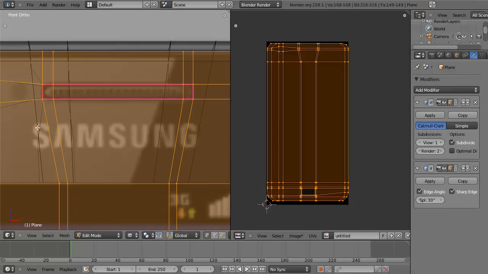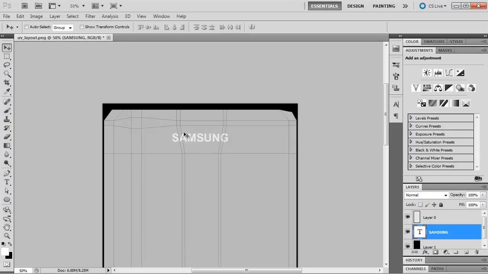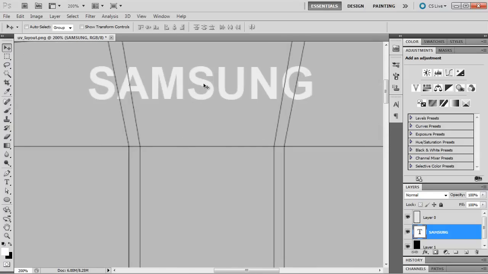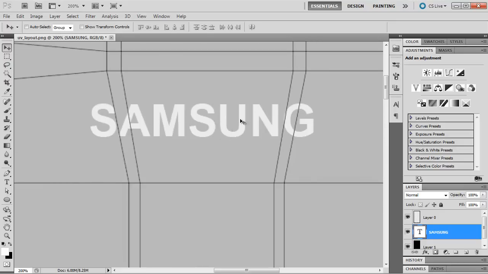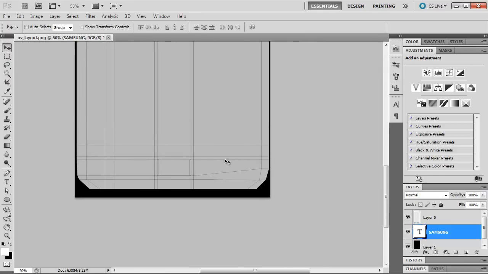Now you want to make sure that you get the correct size of the text. So you can see here I've got the S just touching that edge right there. And over here with the G, I've got this one just cutting through the middle of the G there. So I want to make sure that I get that same thing happening over here. And that is pretty accurate. That's pretty spot on. So I've got the size set to 28. And it's looking pretty good. Now going down here,